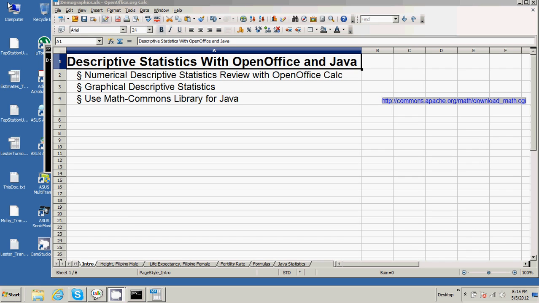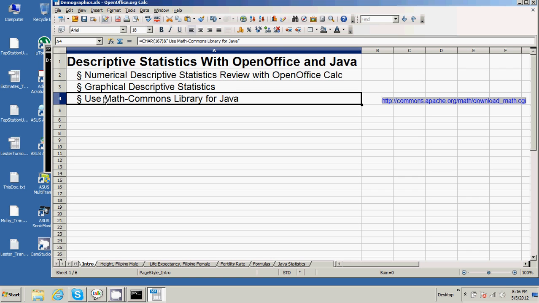Hello, good afternoon, and welcome to a presentation of descriptive statistics with OpenOffice and Java. Today we wish to share something of value to our non-developers in the form of a review of numerical descriptive statistics using OpenOffice Calc, its graphical descriptive statistics equivalent using the same tool, and the use of the Math Commons library